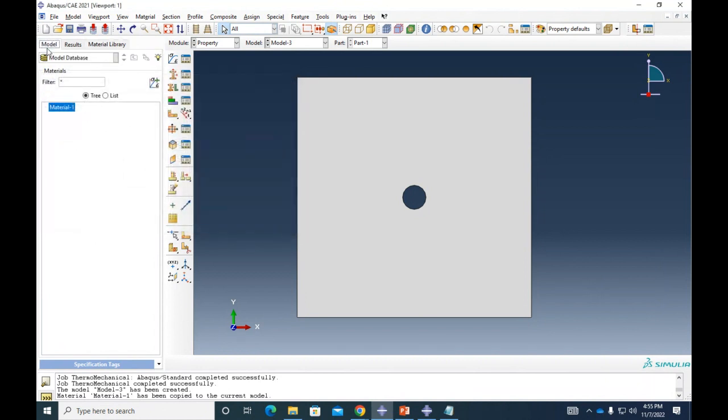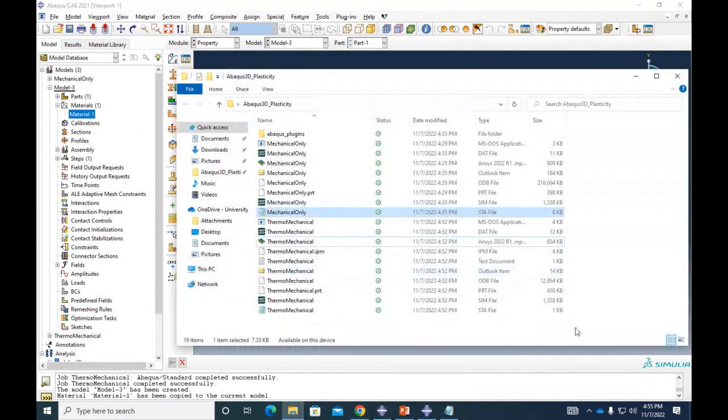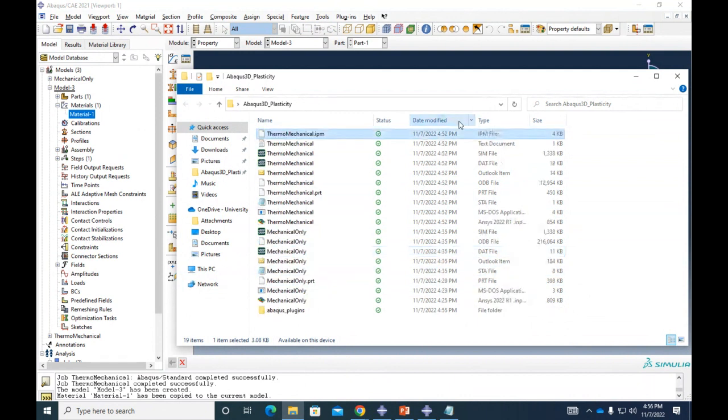If we see here now, my model number 3, I now have the material number 1 that I created in those models. And if we check here our working directory, somewhere here, we must have a material library.